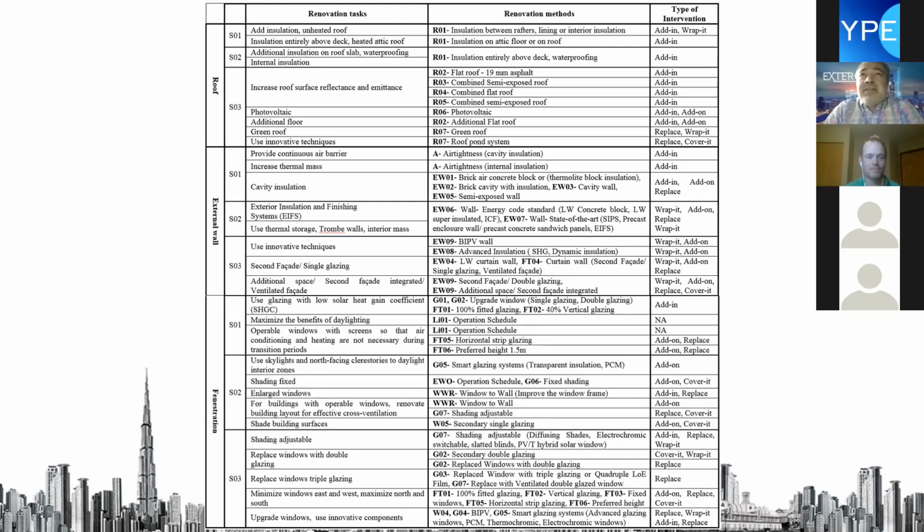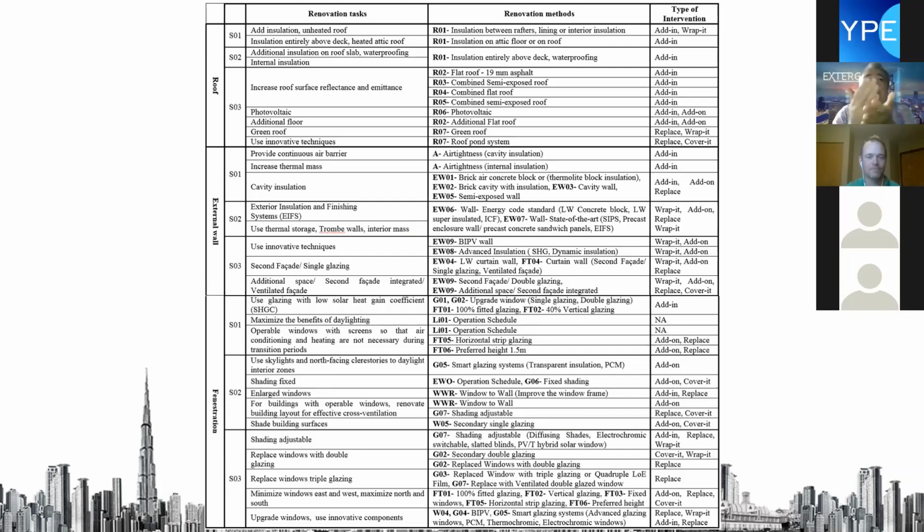After we did the energy modeling, we can actually provide the improvement scenario. By the improvement scenario, we can tell the client if you want to change the roof, how we want to do that, and which budget. For example, changing the facade, changing the window, changing the HVAC system, any components of the building.